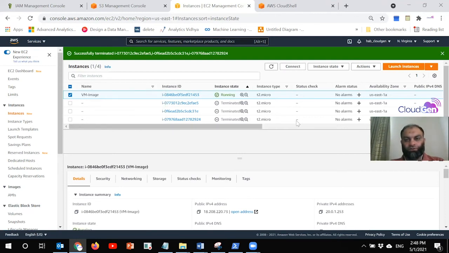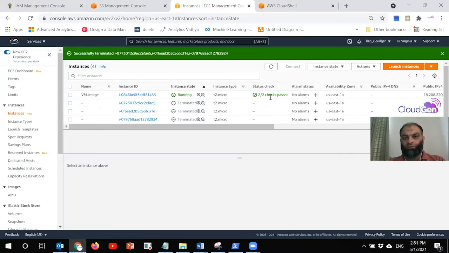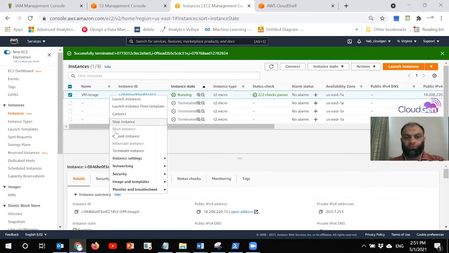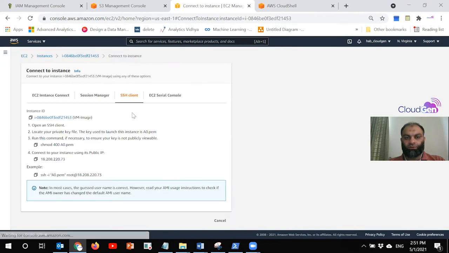We save it. We need to wait for some time for the status checks to reach 2/2. Now you can see that it is 2/2 checks passed, so we can now connect to it. We just connect. Here you can copy this command in order to run it in PowerShell.